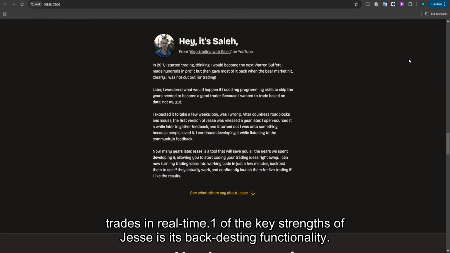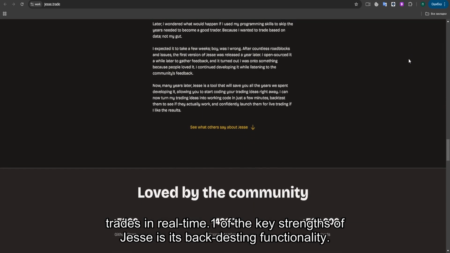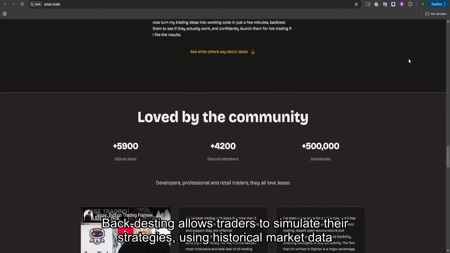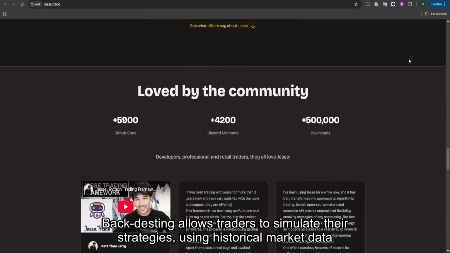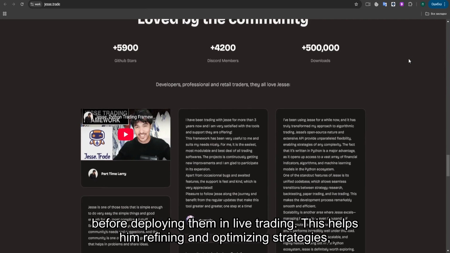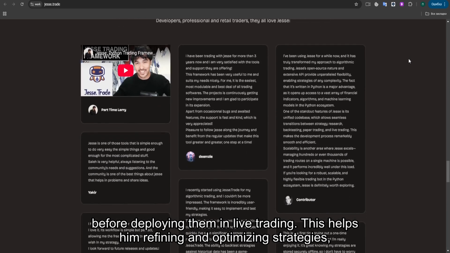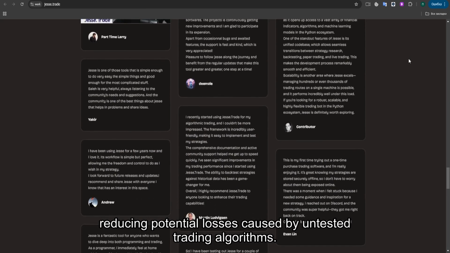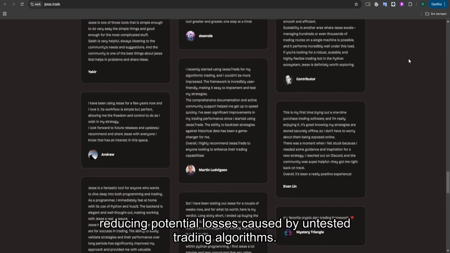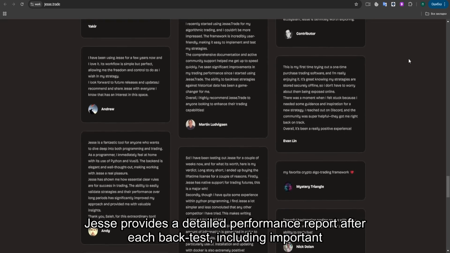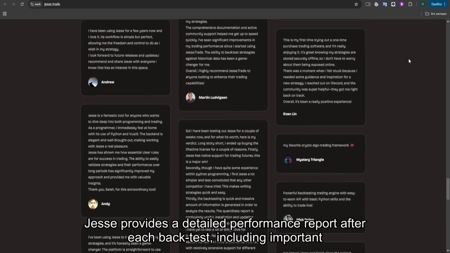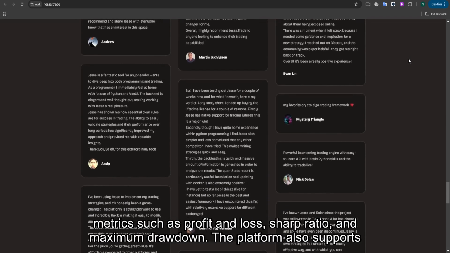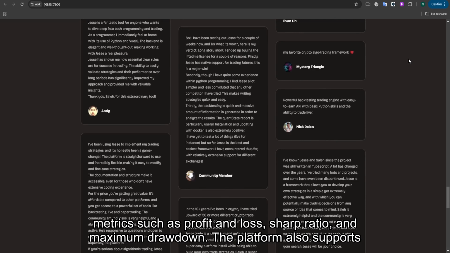One of the key strengths of Jesse is its backtesting functionality. Backtesting allows traders to simulate their strategies using historical market data before deploying them in live trading. This helps in refining and optimizing strategies, reducing potential losses caused by untested trading algorithms. Jesse provides a detailed performance report after each backtest, including important metrics such as profit and loss, Sharpe ratio, and